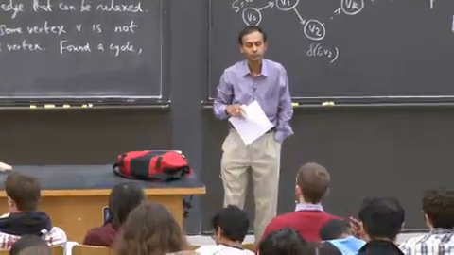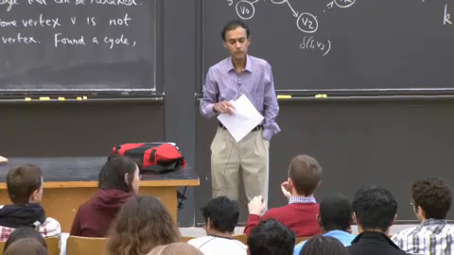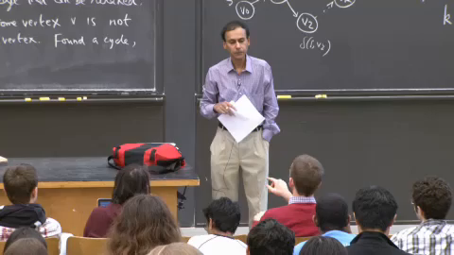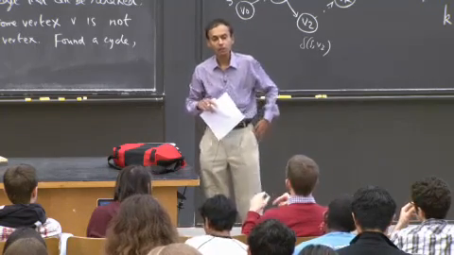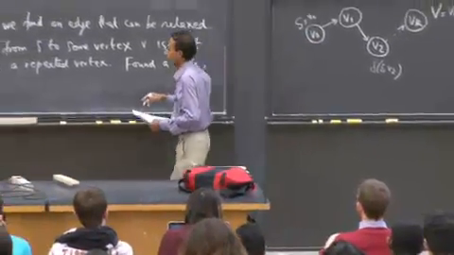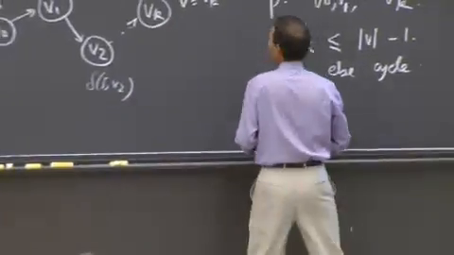Yep. Maybe I'm just confused about the definition of a cycle, but if you had like a tree which had like a negative weight edge, wouldn't it produce the same situation where you'd relax that edge? And well, you would have relaxed that edge previously. Cycle, right? Yeah, it wouldn't be a cycle. So let's look at that. That's a fine question.